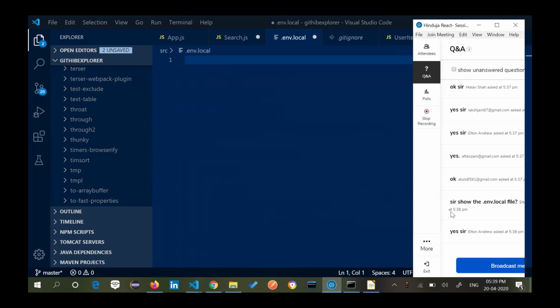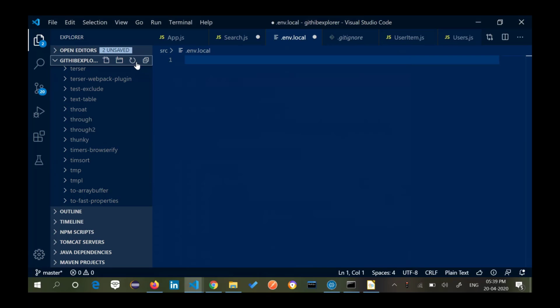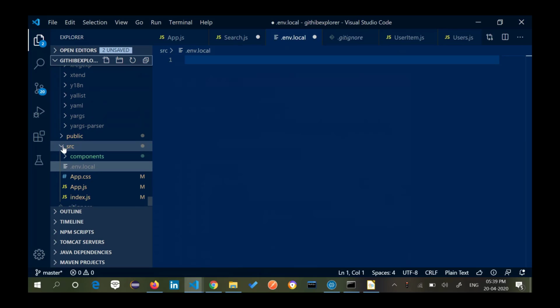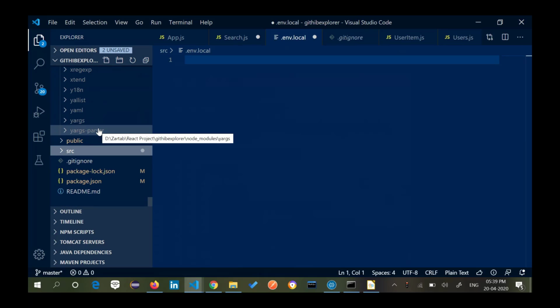Okay, I guess I have found the mistake. It's in src. It should not be in src. It should actually be inside my local folder.